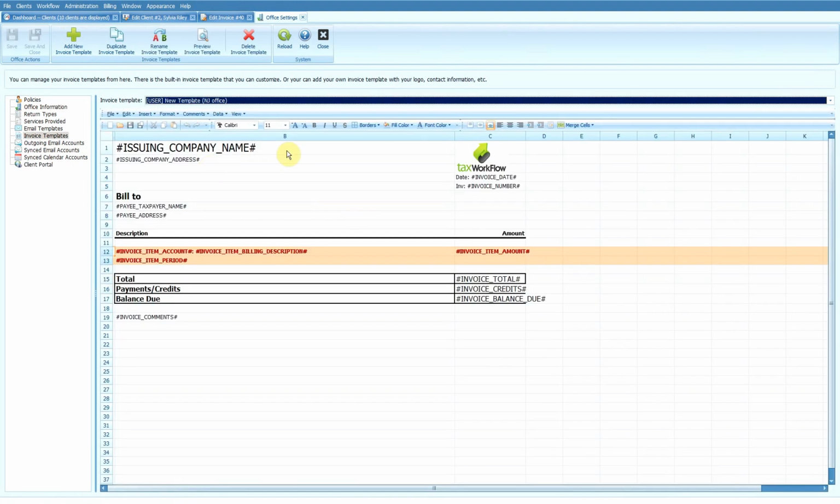TaxWorkFlow has a built-in editor for invoice templates that is driven by Excel spreadsheet. It has native support for Excel spreadsheets. You don't have to have Excel installed to be able to create an Excel spreadsheet within the TaxWorkFlow, so don't worry about that. But what you can do here is use the built-in TaxWorkFlow's capabilities to manage Excel spreadsheets